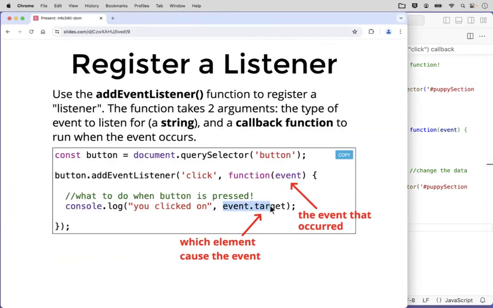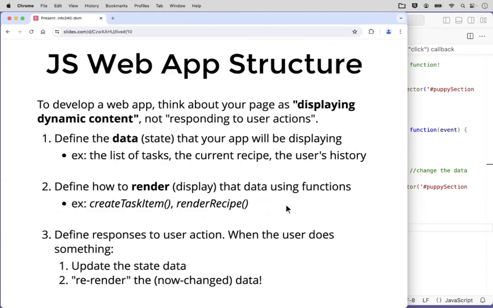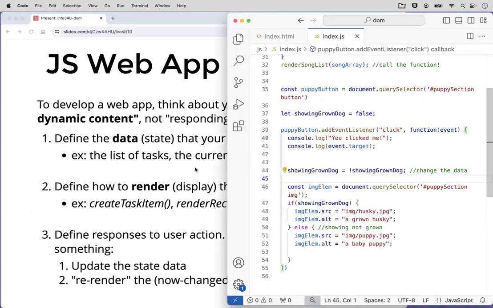Okay, this is a useful thing to be able to say: we want to get which element caused a particular input or a particular change. Okay, so I want to go back to this example I just did with this change in this puppy. So when you're developing applications, when you're developing interactive systems, we don't want